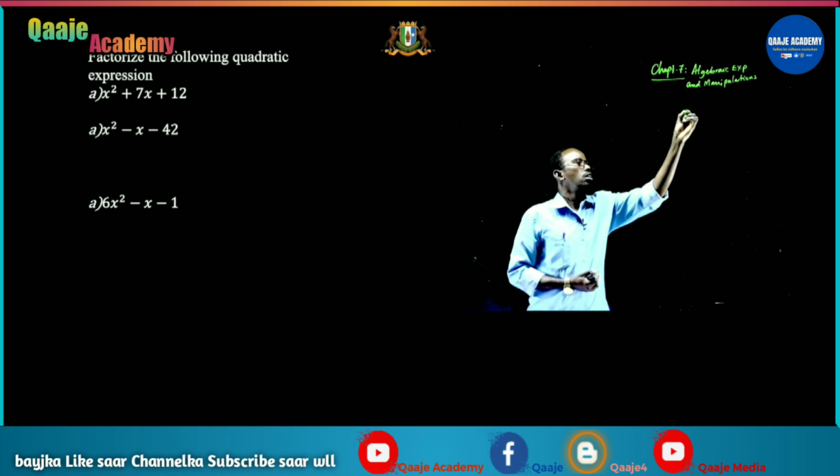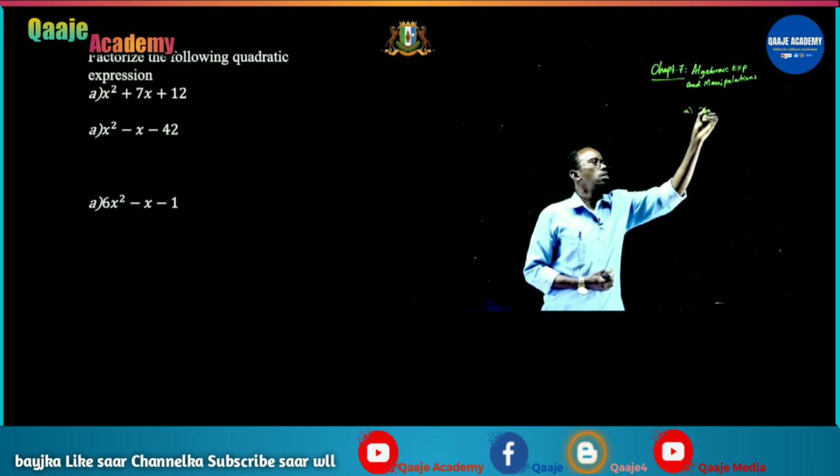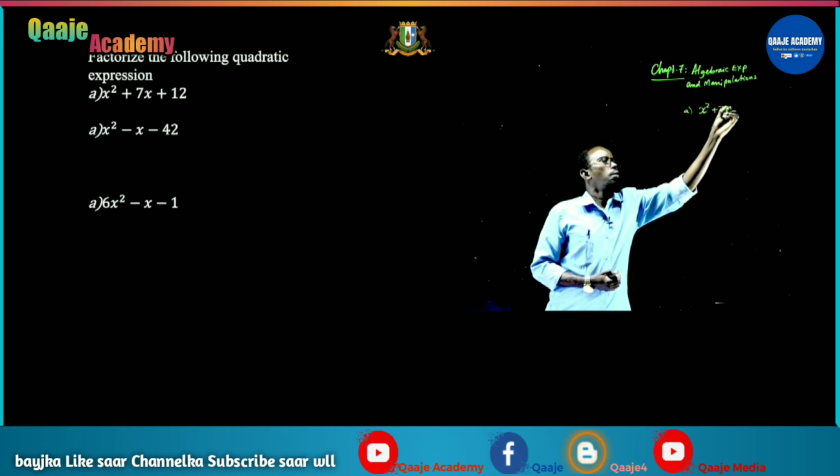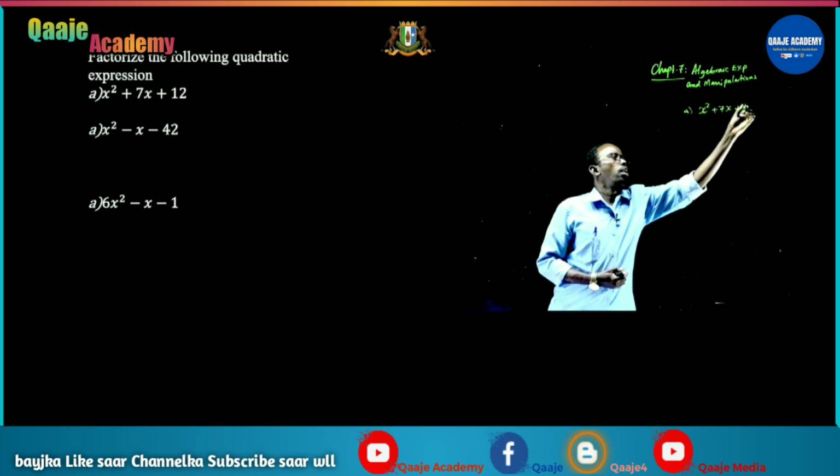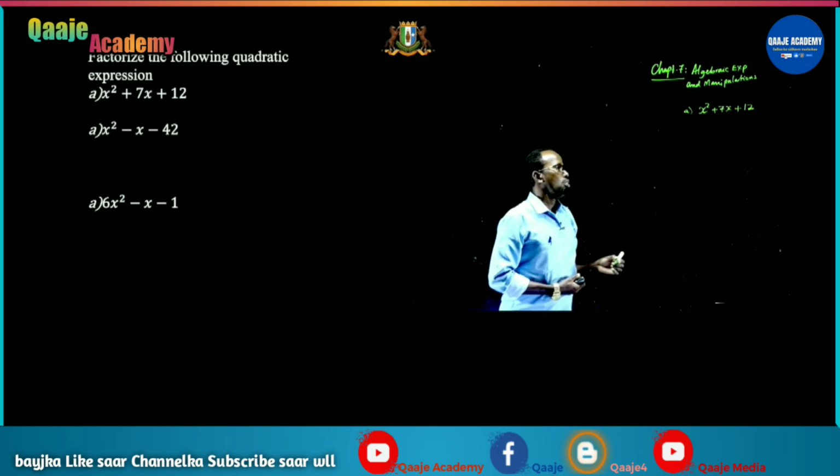A, x squared plus 7x plus 12. Then you're told to factorize. So what you do is,